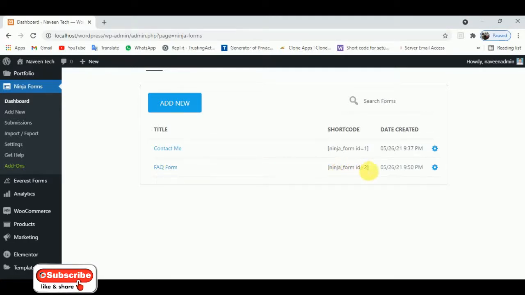Ninja form ID is 2. So basically you can see here the time and date of this form, when this form was created inside Ninja Forms. So basically if I want to display this form, then I will copy this short code. Just see, I will copy from here,